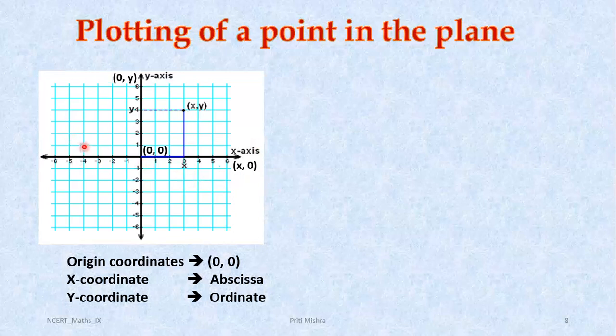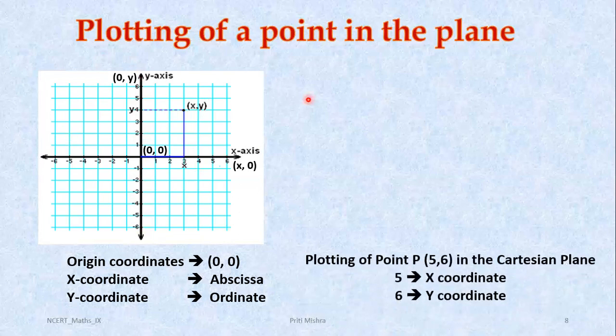In the same way, any point on the y-axis will be of the form 0, y, because on the y-axis the x coordinate is 0 everywhere. So 1 can be written as 0, 1, because here we are covering 1 unit only on the y-axis. We do not have any x coordinate here. So it will be 0, 1, 0, 2, 0, 3. Here you can have 0, minus 4, 0, minus 6, like this. So any point on the y-axis will be of the form 0, y, right?